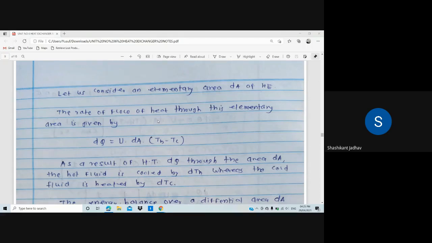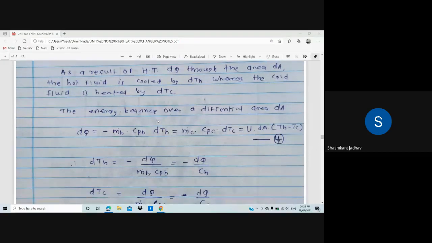as a result of heat transfer dq through the area dA, the hot fluid is cooled by dTh, whereas the cold fluid is heated by dTc. समजले? हॉट फ्लुइडचं टेम्परेचर कितीने कमी होणार आहे, dTh, ते जे आपण डायग्राम मध्ये मेन्शन केलेलं आहे तेवढं टेम्परेचर